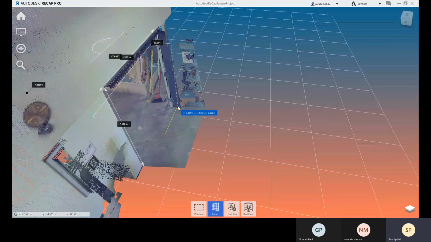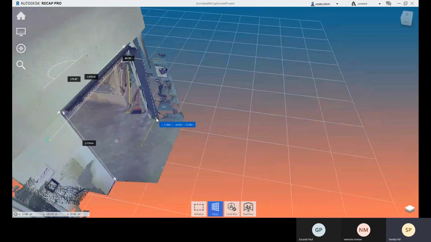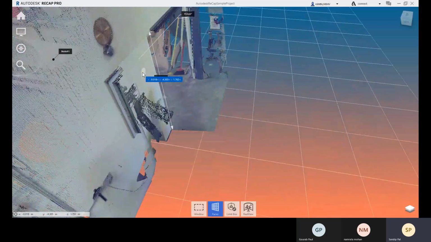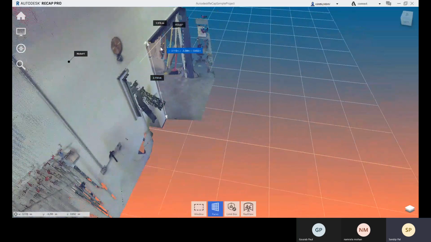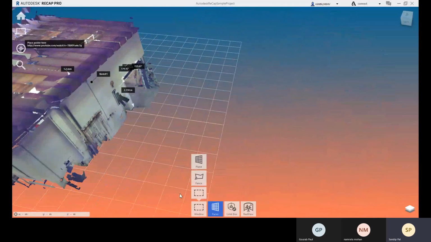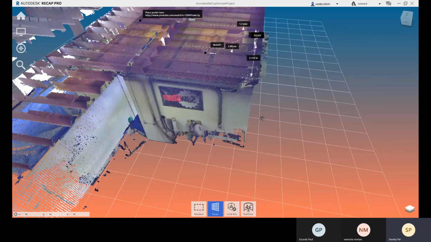Okay, so from here to here. Okay, so it is placed like this. Okay, so from this, on this surface it will be placed. So now let me show you here.